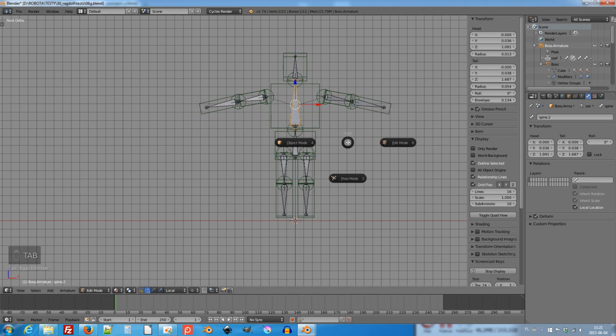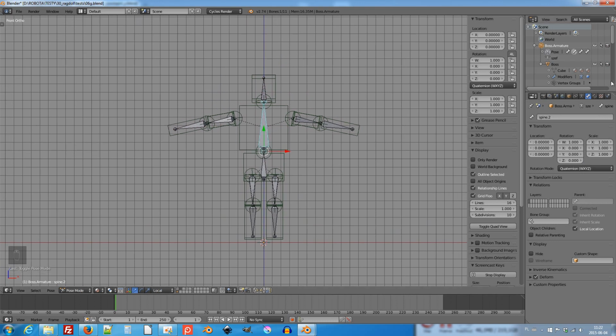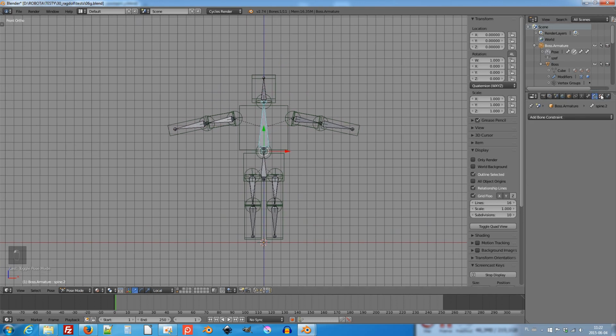Now I must go to pose mode, and I must set bone constraints.